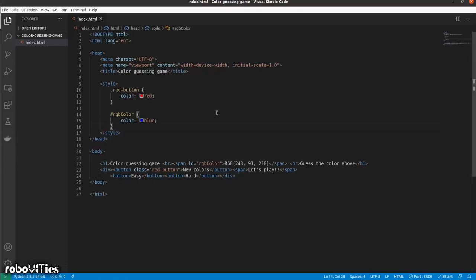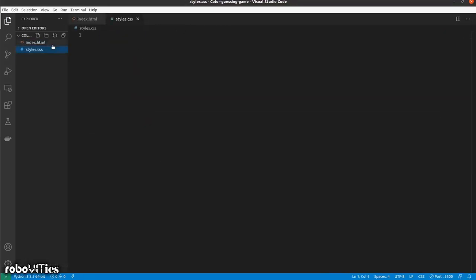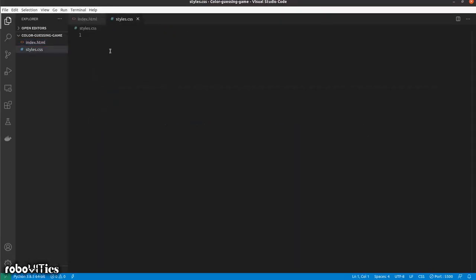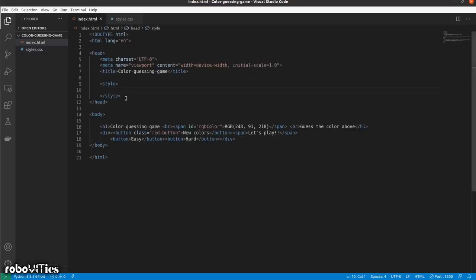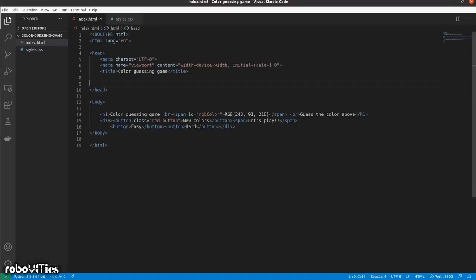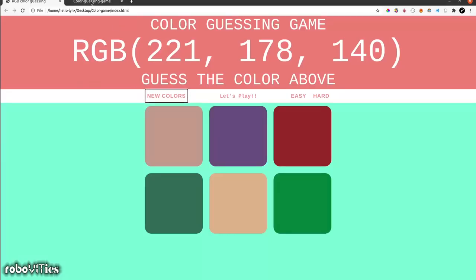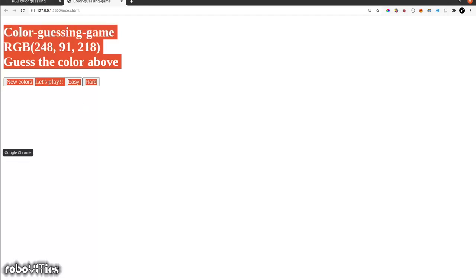Before we get to that, let's head over to using our last type of CSS, that is external CSS, in which we are going to create an external document and link that file to our HTML file. To do that, I'm going to call it styles.css, and over here I am going to take this entire content and put it over here. Now the only issue is that my HTML file doesn't know that it has to see these styles from here. So right now what it's rendering is basically the regular black one that it rendered before.